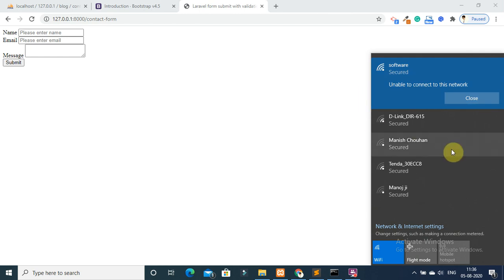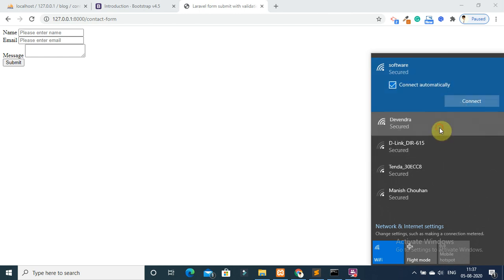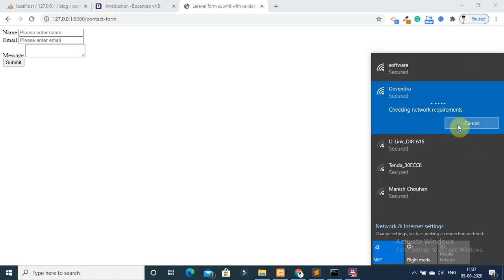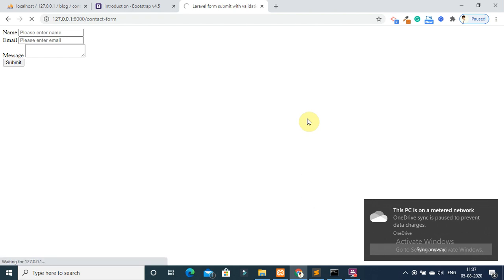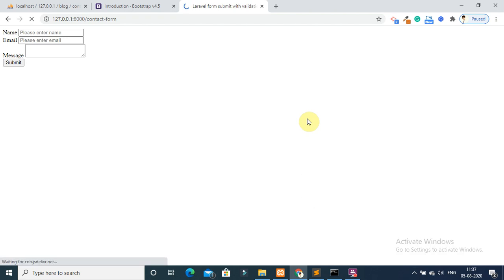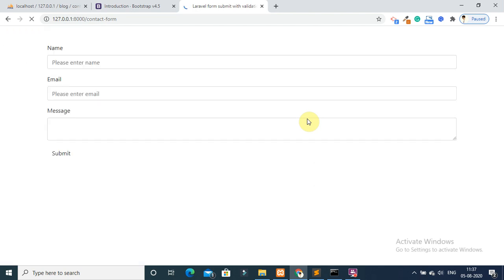I have connected my internet to another device, so this runs properly. Now refresh your page again. You can see that the form looks like this.